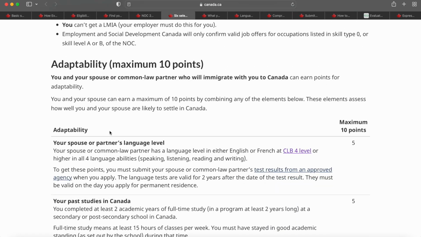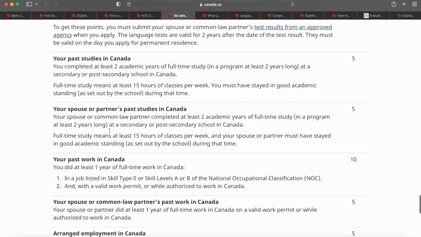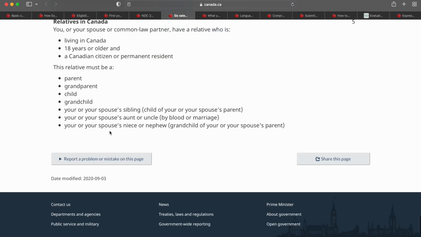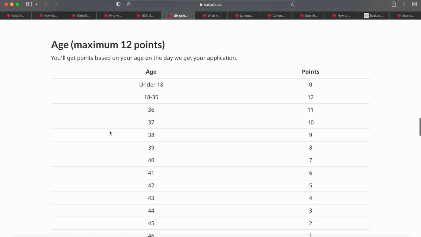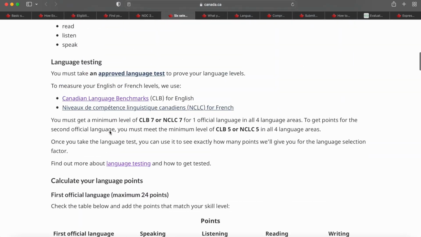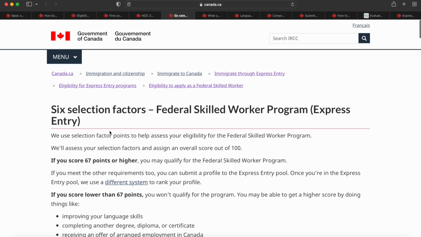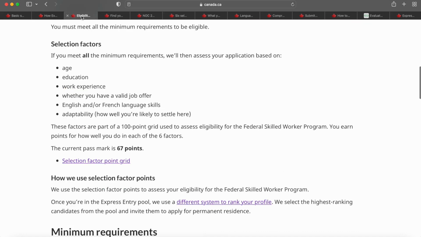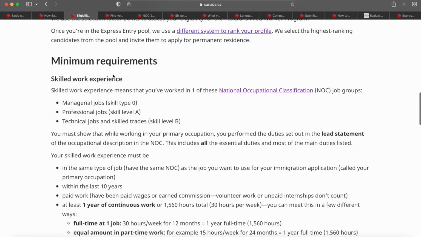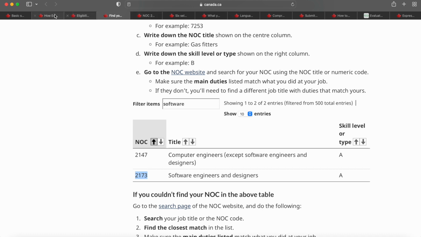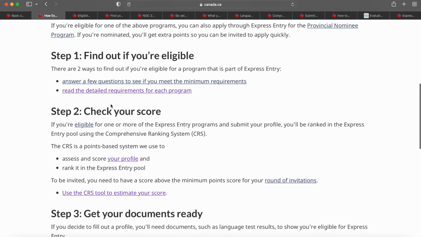All right, so once you have done that, there are some points for a spouse as well, again on her education, language test, and experience. Once you have done that and you know that you are going to score more than 67, or at least 67, then you're good to go. And what does that mean? It means you know that you meet the criteria, and you should create an Express Entry profile. Then, before you do that, one other good thing that you should do is check